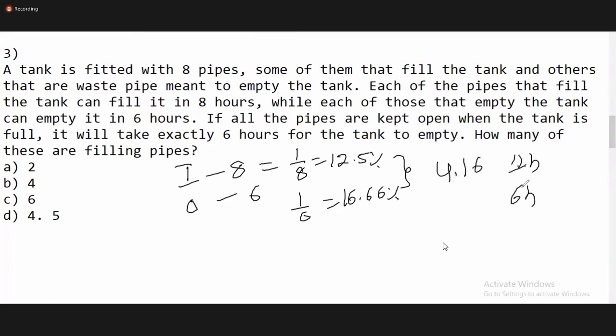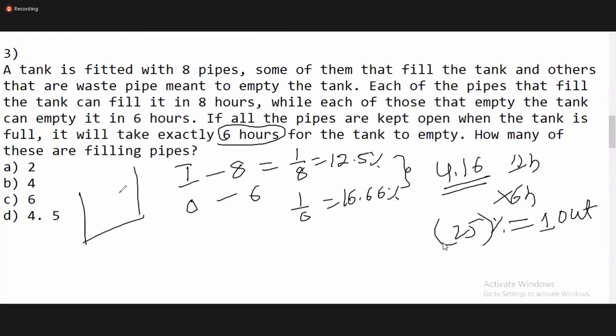So in 6 hours, how much will it do? Why am I talking about 6 hours? Because you need to empty the thing, no? Because the total tank will be emptied in how many hours? 6 hours. So in 6 hours, how much part will it do? 25%. So 25% by one outlet pipe. Like that, how many outlet pipes do you need so that the tank will empty? Yeah, that's what I'm doing. Guys, understood till 4.16?